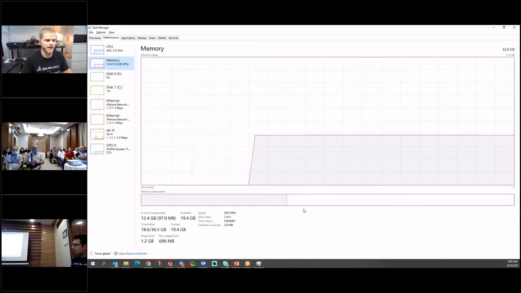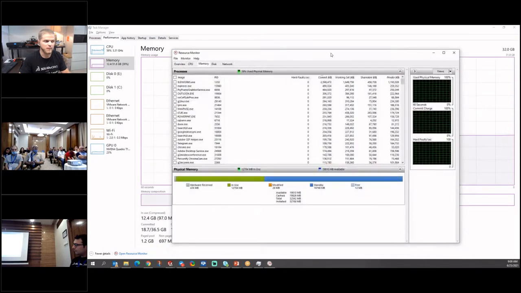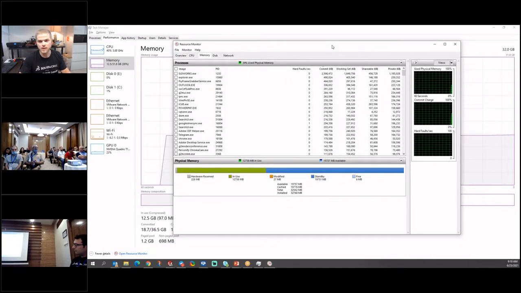If I click on memory, we get a deeper breakdown of what's going on here. Once you click on memory, if you look all the way towards the bottom, there's a separate utility called Resource Monitor. Resource Monitor is basically a more in-depth look at what's going on in the machine.